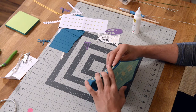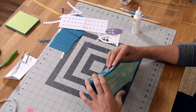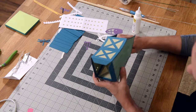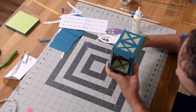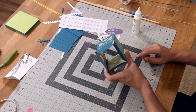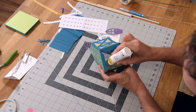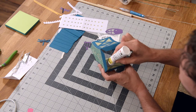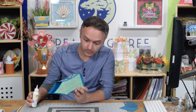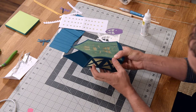And this is where closing this up is going to be a little more difficult than the rest of the process, mostly because at this point, so that we don't risk pulling anything apart, we are going to have to put our glue in from the inside. So what you're going to do is just get your next 2 tabs ready, get your glue bottle in there, work a little bit of glue onto the next set of tabs. Okay, and stick your hand in there, push down,